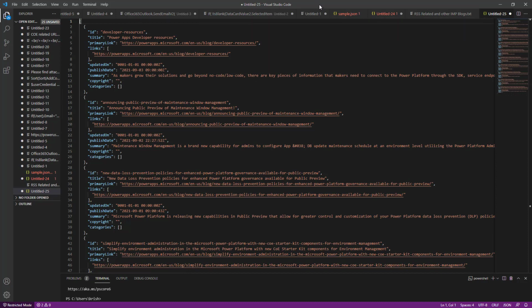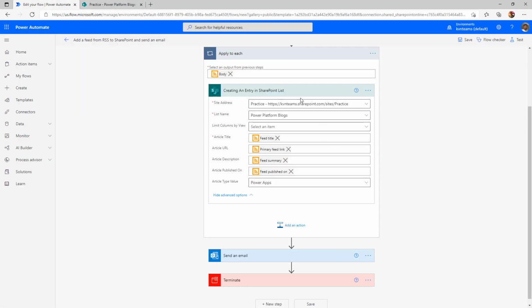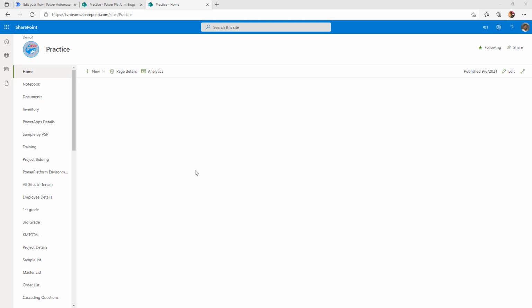Let us see how we can do that. Here is my SharePoint list to add all the Power Platform blogs as an inventory in my home site, and I have added an action to create an entry in this SharePoint list. Before we implement creating a post in Power Automate, let us see how we can create a post manually in